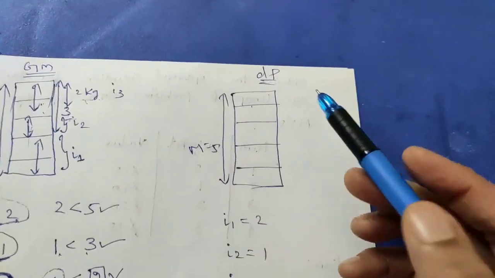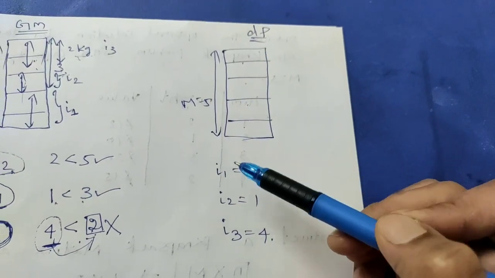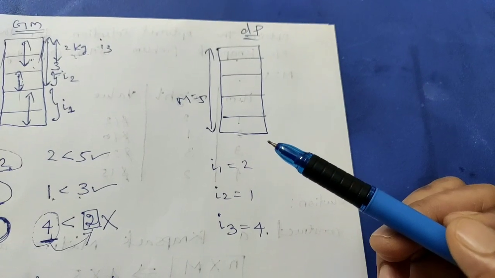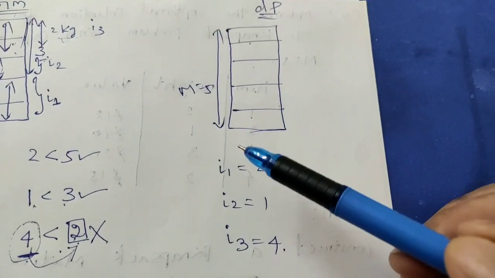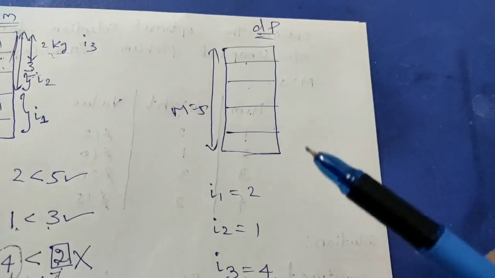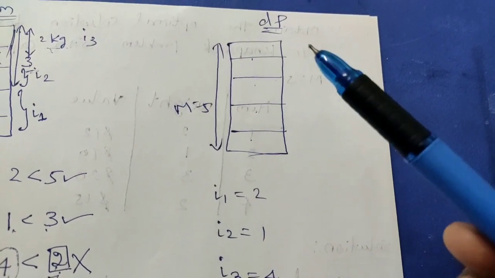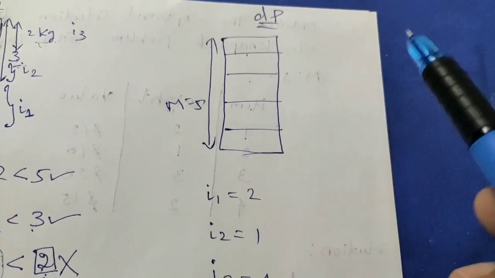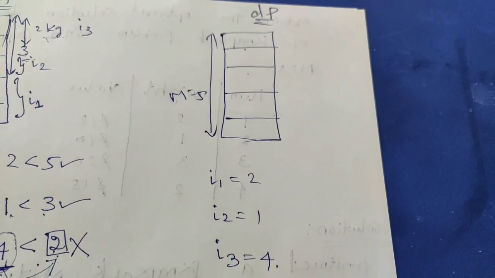But when you go for a dynamic programming knapsack, if the item is possible to be placed into the knapsack completely, then I will include it. If it is not possible to place the item completely into the knapsack, I will not find the fraction of the item. I will just avoid that item. I will go for processing the next item.